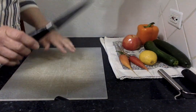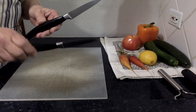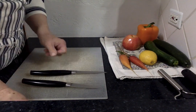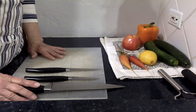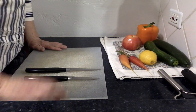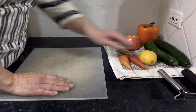The next thing I have is a smaller chef's knife, and then the last one I have is a paring knife. You'll notice that these ones are quite small in comparison to the large chef knife that I have here, and I've just sharpened them. Hopefully I did it right so that they're going to be fairly sharp. So the first thing we're going to do is we're going to learn how to peel something without cutting ourselves